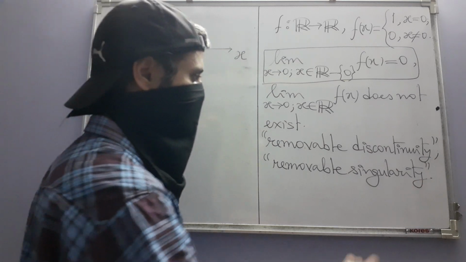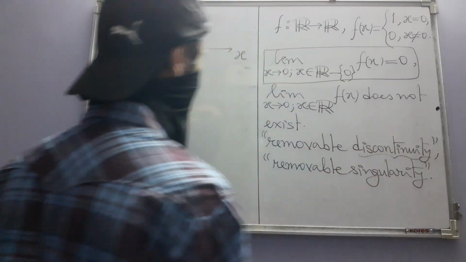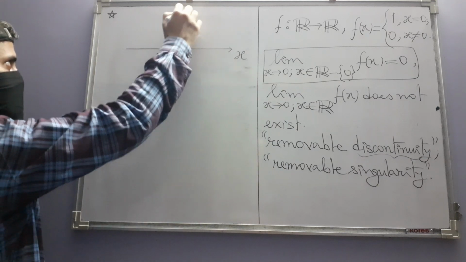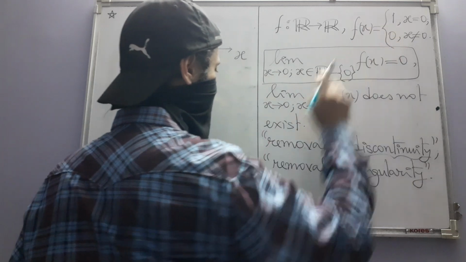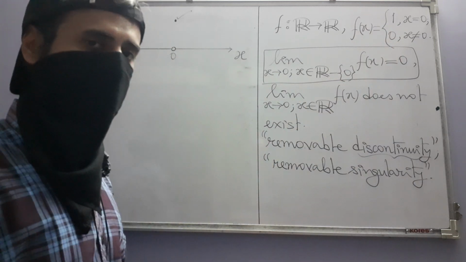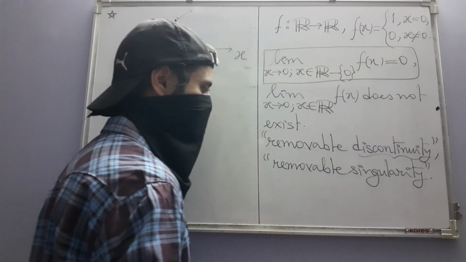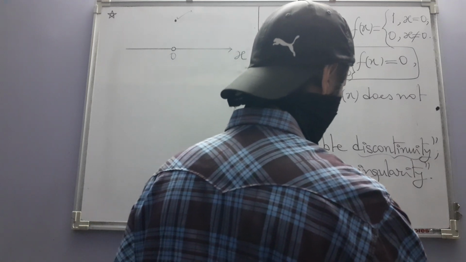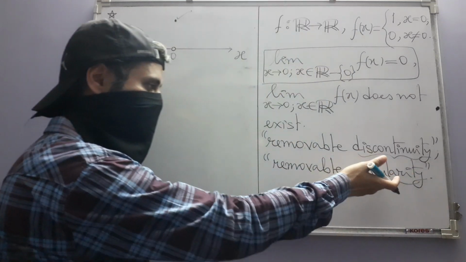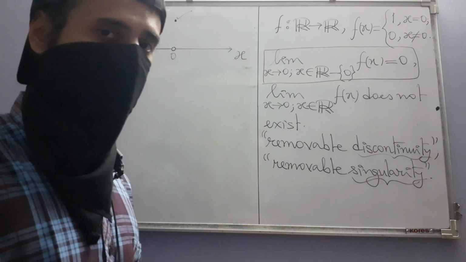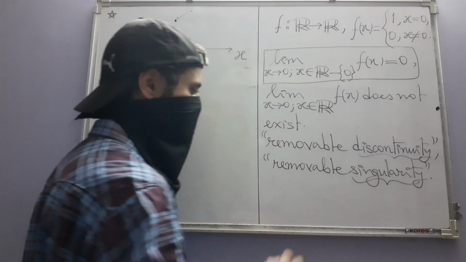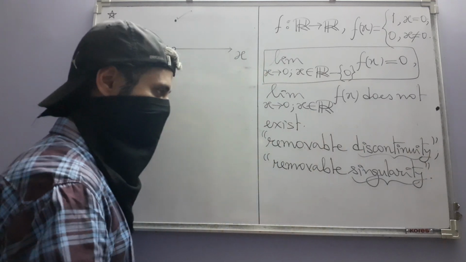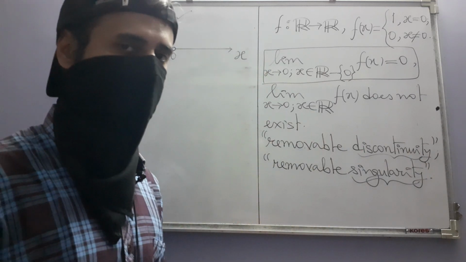Okay, so the discontinuity that is created by this extra point, extra output 1, can be removed. So it's a removable discontinuity, or such points are also sometimes called singularity, although this term is used more in complex analysis, but we have singularity in real analysis as well. Removable singularity. So it is just something that the author mentions.